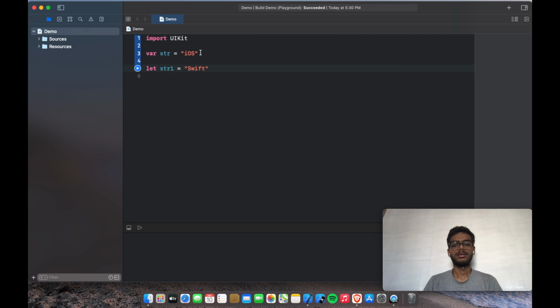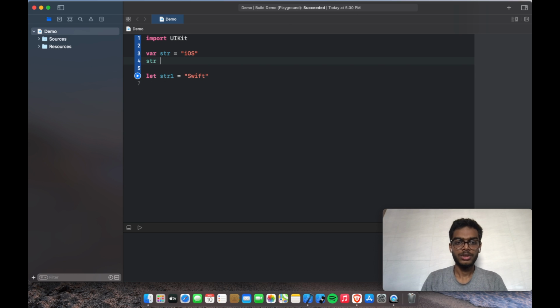Okay, then I just need to make clear that a variable is mutable and constants are immutable. So what is mutable? Mutable means once you assign some value to a variable, you are able to change its value like this. So we assign its value iOS 14, and the editor does not show any kind of error,